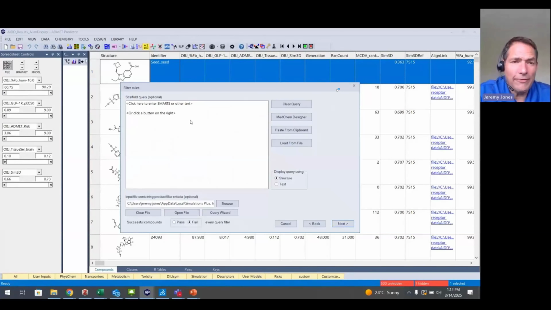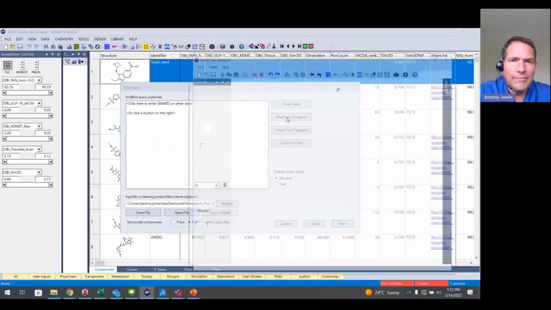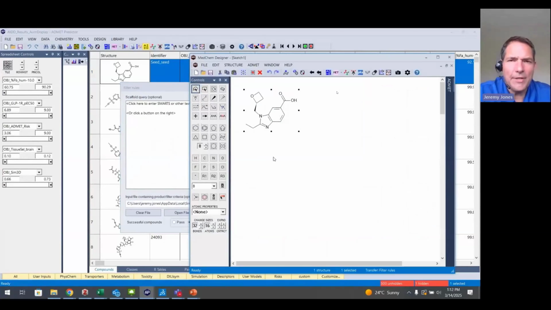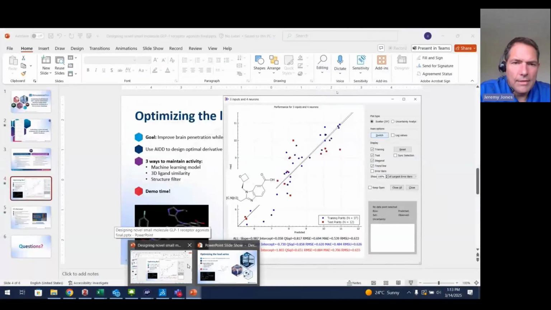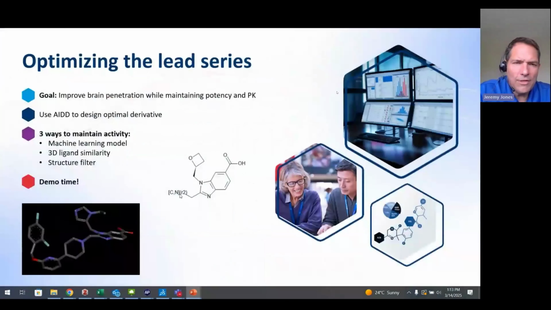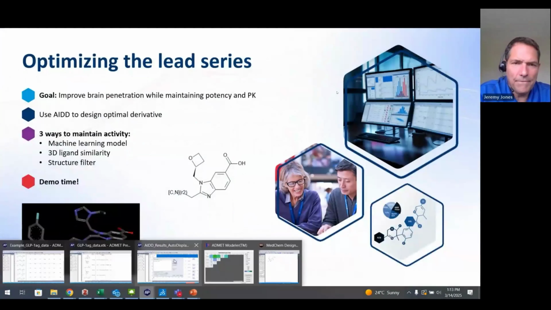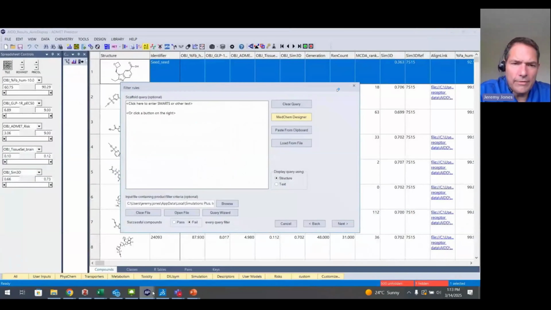Here's where we can add the query filter, right? And so if I bring up MedChem Designer, you can see the seed pops up here. I chose the seed because it was the minimal of this substructure we decided was really important for activity, but we want to be able to build off of this. And we know that for most of the molecules, there is another ring that starts here, right? Let me show you how I end up doing this. So in this molecule,